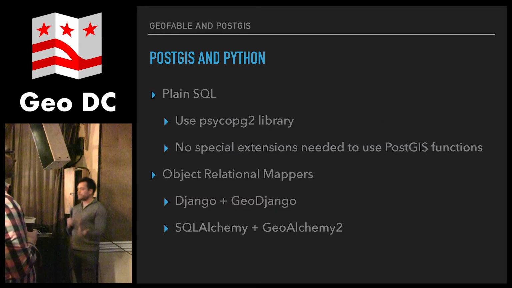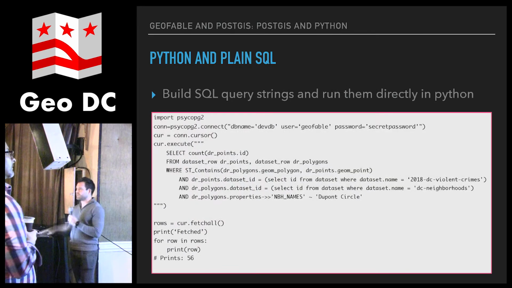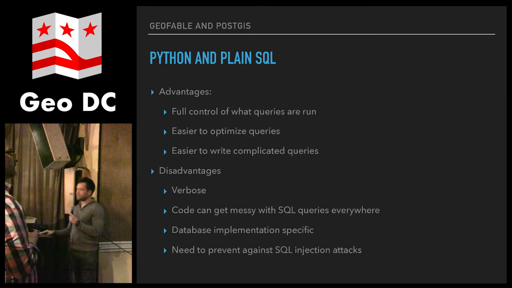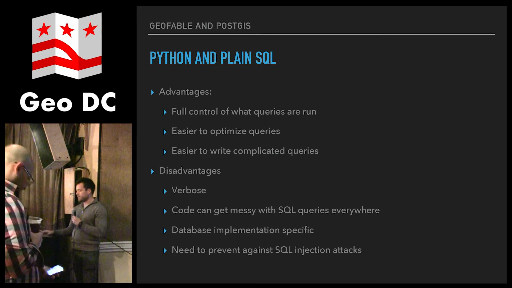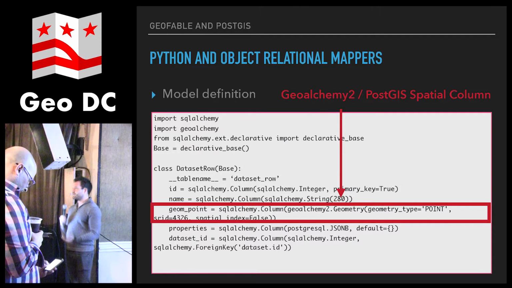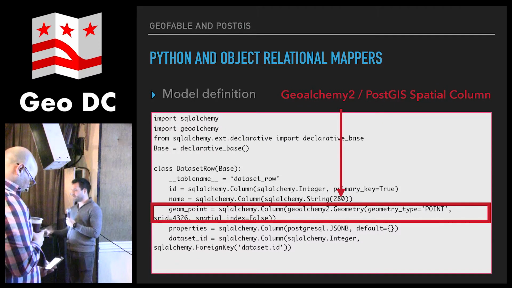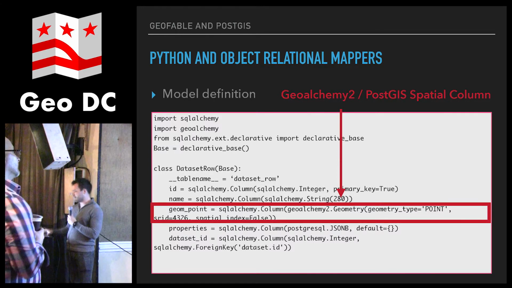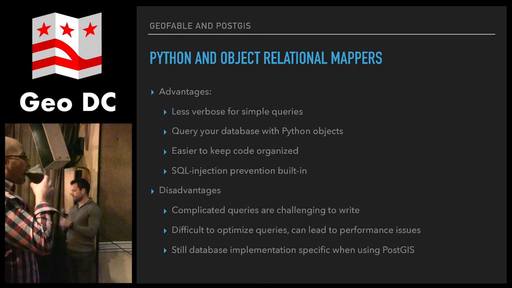So another big part of my workflow is Python. If you're using Python and PostGIS, you can do it two ways. You can use an object relational mapper, or you can use plain SQL. You have a little more control with SQL, but it can be a little verbose. And with the object relational mapper, you're using all Python all the time, but it kind of hides the SQL from you under the hood. So I'm using GeoAlchemy 2, which is kind of the PostGIS object relational mapper, and it has parallels for all of the spatial functions. So what ends up happening is your Python code starts to end up looking a lot like your SQL code. So again, we have our Python objects, we index it with a geospatial column, and really